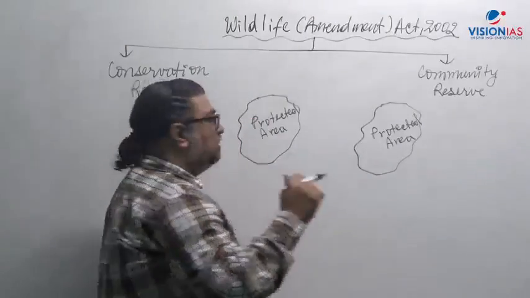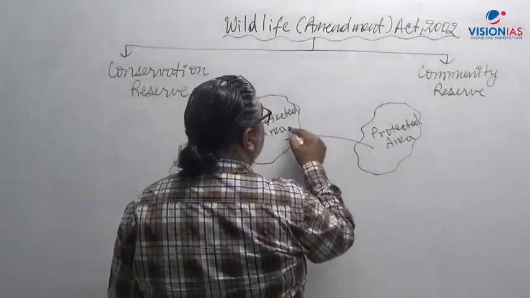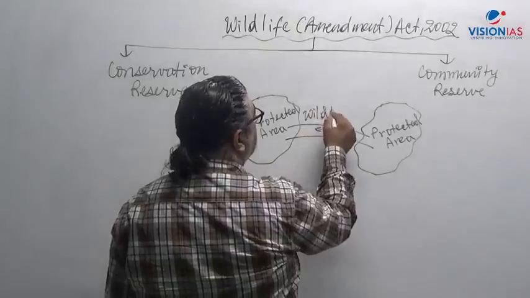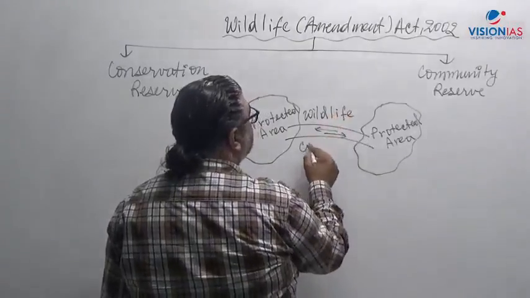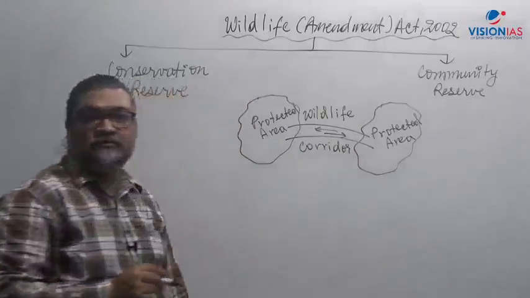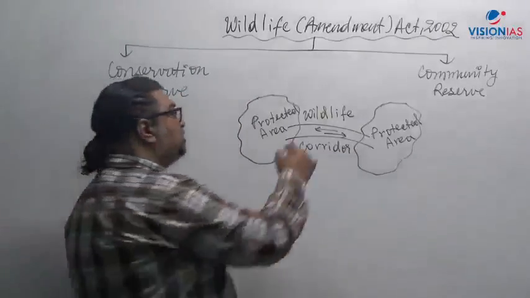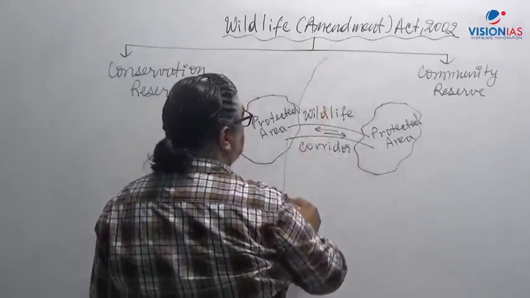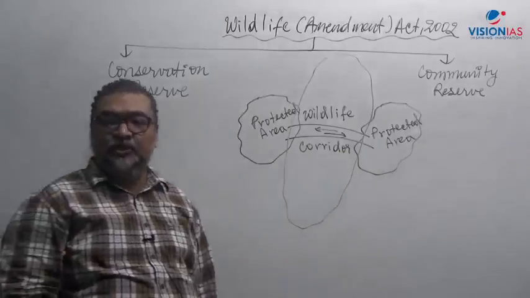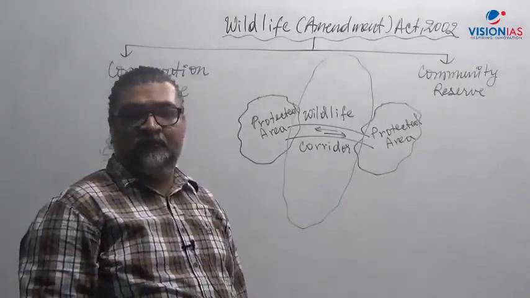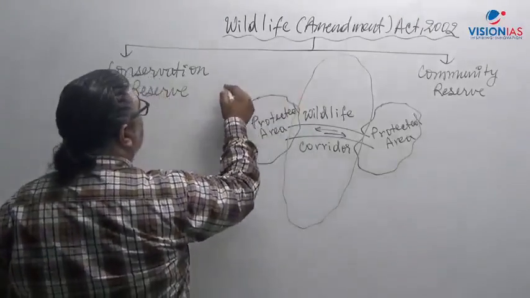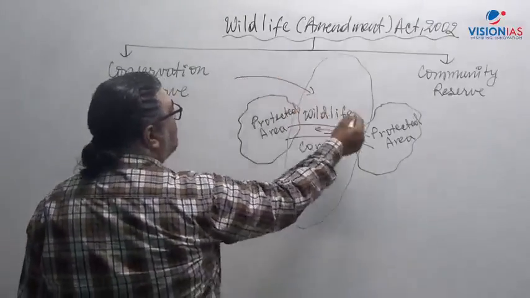And here there's a wildlife corridor where, let's say, tigers or elephants migrate. This area outside the national park, sanctuary, or any protected forest will be called a conservation reserve or a community reserve